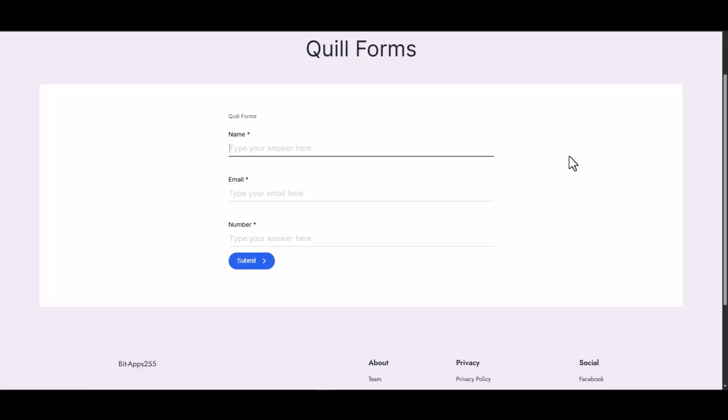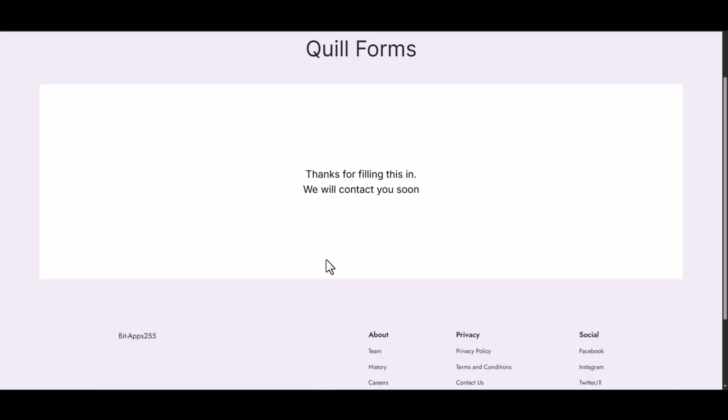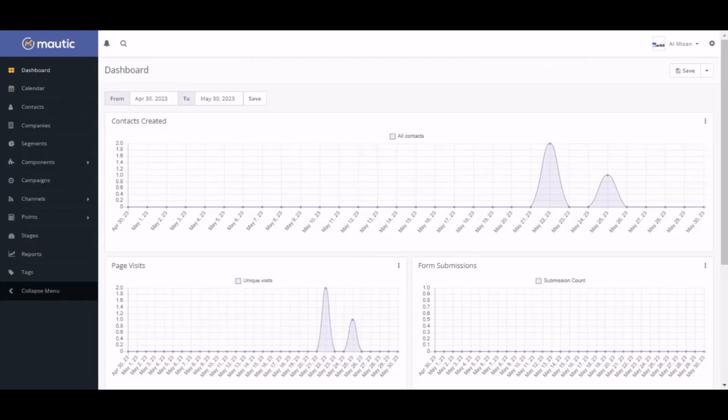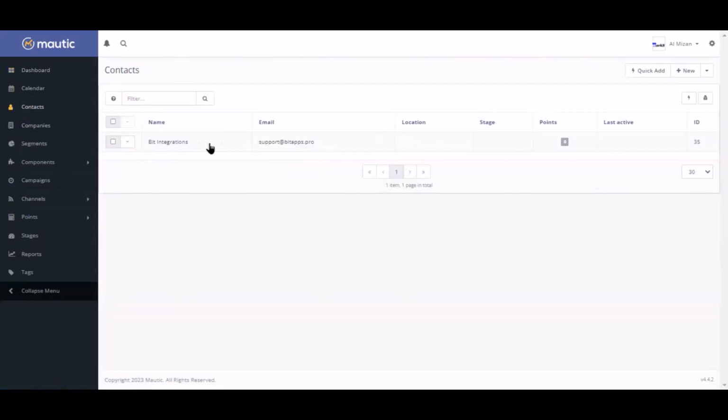Please go to your form, complete it, and submit it. Form submitted successfully. Now navigate Mautic page and click the contact. Here is the data that came into Mautic through the